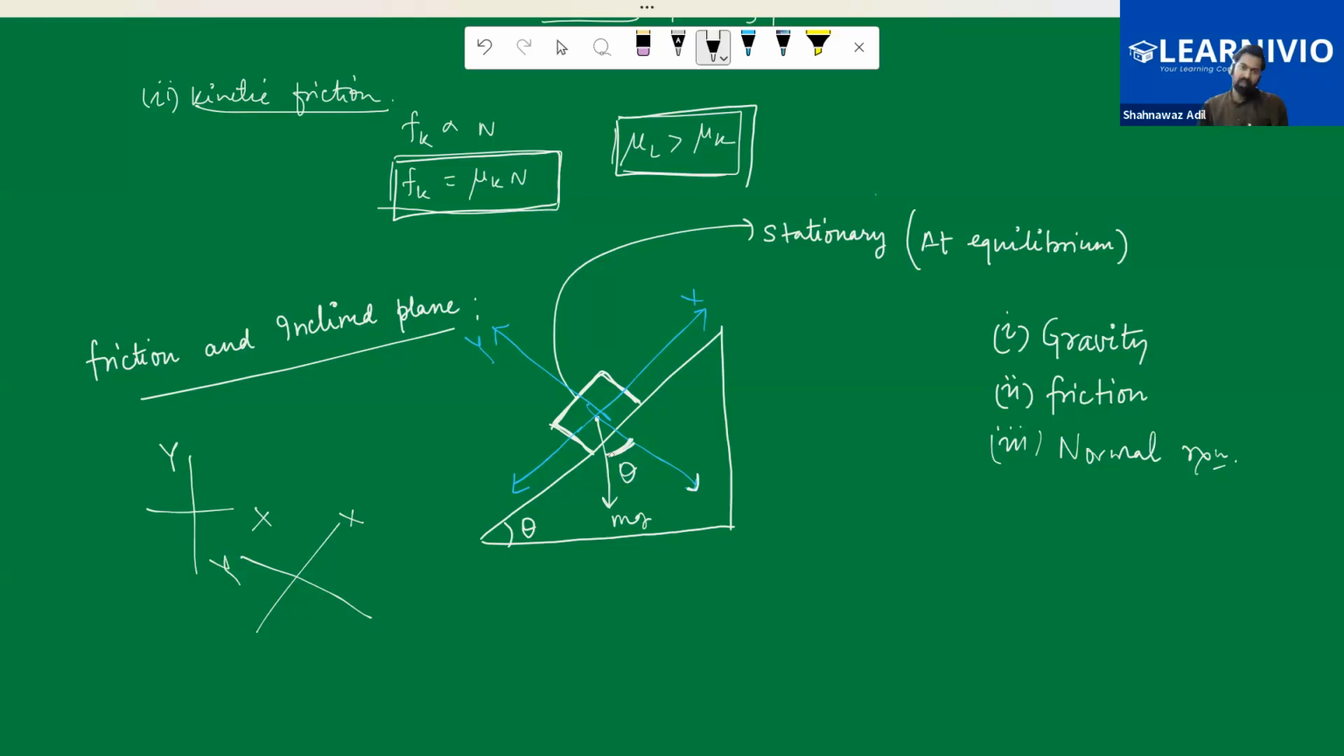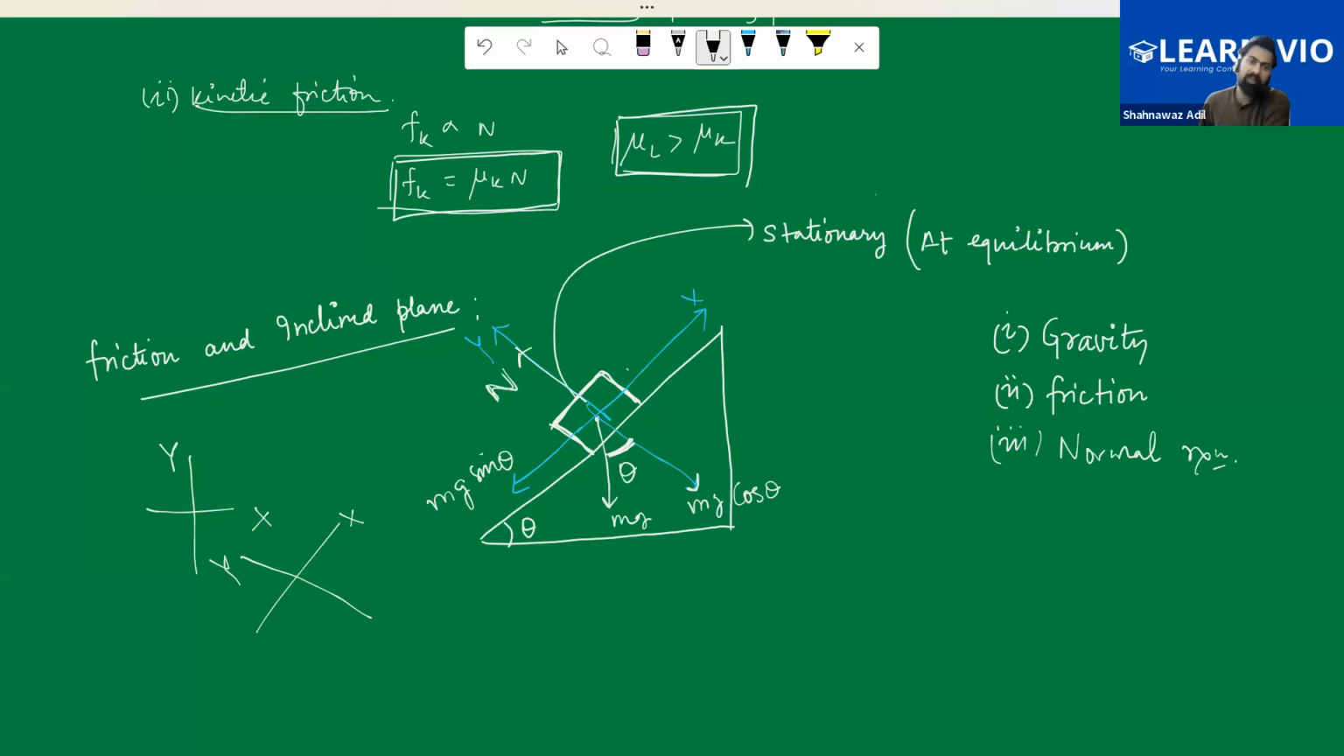So with this theta, you have mg cos theta. And in this part, this part would be your mg sin theta. So these are the two things that happen. These are components of mg. Now in the y direction, you have the normal reaction, right? So this is the normal reaction,